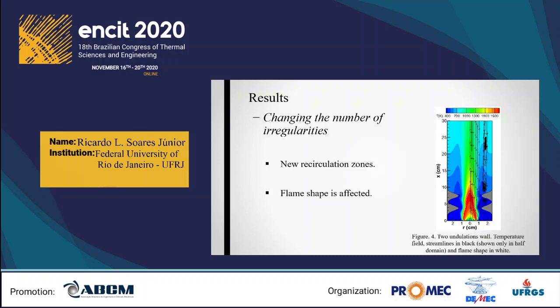The influence of the number of peaks was also studied through simulations considering two undulations in the regular wall. The inclusion of more undulation peaks, compared to the base case in Figure 3a, generates new recirculation zones downstream of the undulations. Flame shape is affected upstream of the peak of each undulation as oxidant is deflected toward the channel centerline. Figure 4 shows a stronger flame deflection connected with the regular surface peak closer to injection than the deflection at a higher axial position.